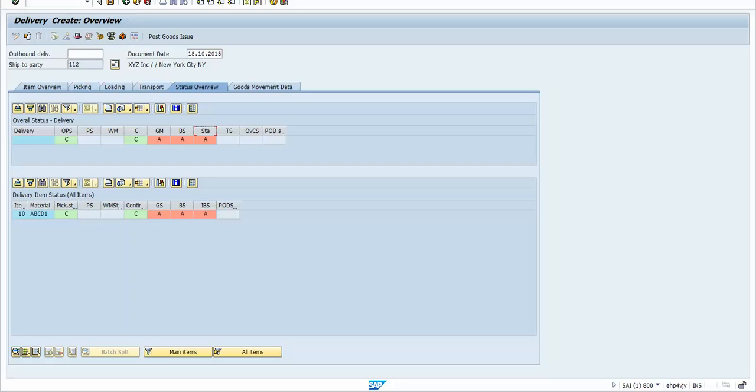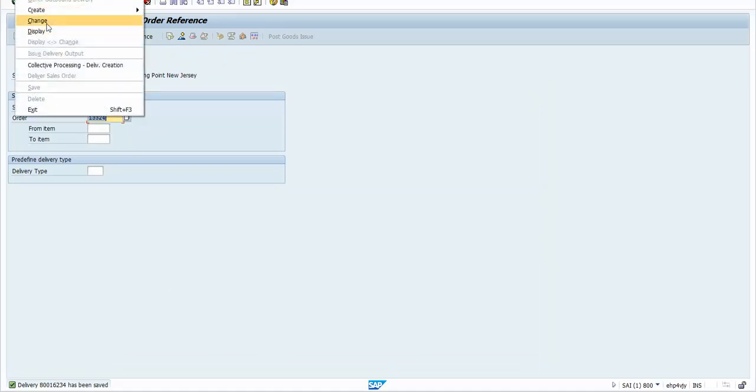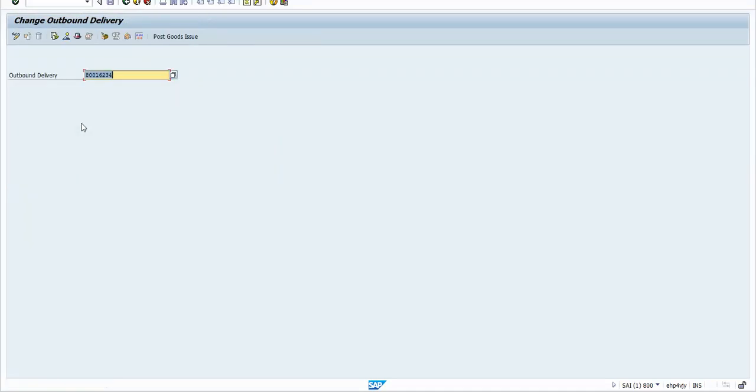Okay, so now let's create a post goods issue. You could even directly click on post goods issue and it will carry out the post goods issue for this. So let me click on post goods issue and it will take the material from that plant to the customer's location. Okay, so a delivery has been created, which means the post goods issue has been done. Let me change this delivery. Okay, so when you go and check the status now in this delivery,